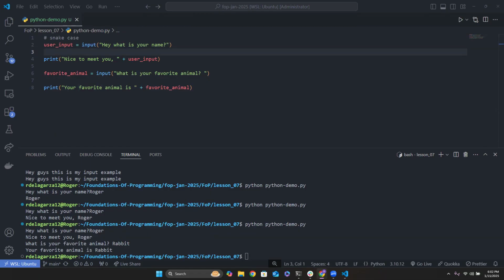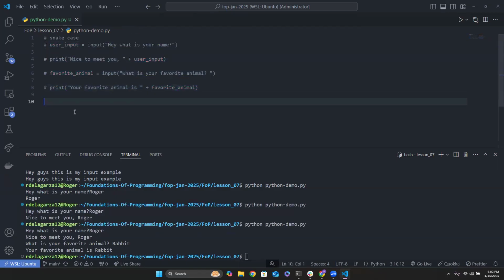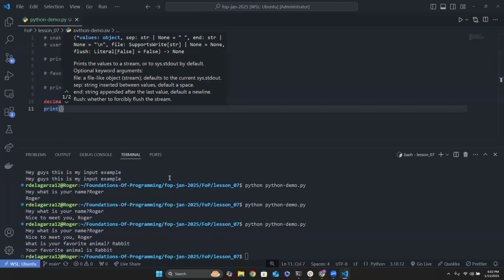All right. Let's move on to the next part. Let me go ahead and comment this out. The next thing we're talking about is going to be floats and integers, right? Floats and integers. I'm going to create a variable here. I'm going to call it decimal. And what I'm going to do is pass in the number 5. And then I'm going to print out